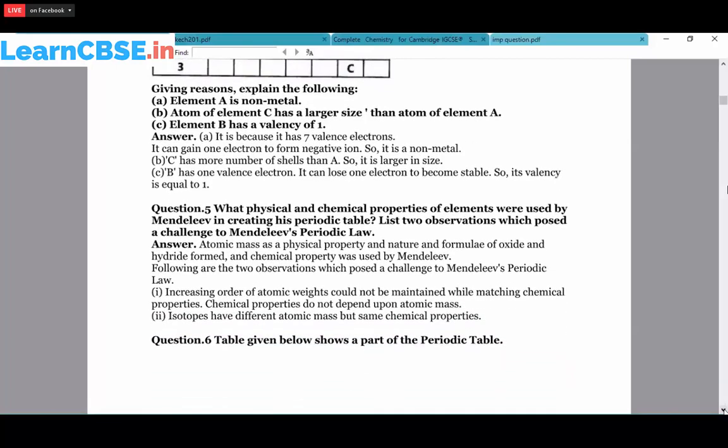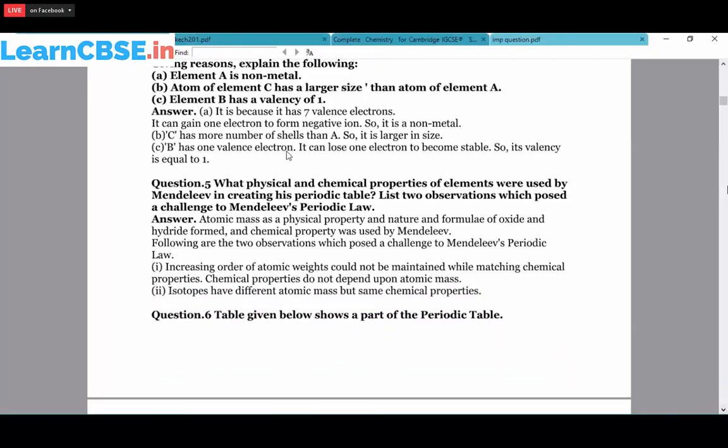Next question number 5. What physical and chemical properties of the elements were used by Mendeleev in creating his periodic table? List two observations which posed a challenge to Mendeleev's periodic law. Okay, so the atomic mass. What is the atomic mass? The atomic mass is nothing but the combination of the protons and the neutrons present in the element. So it is a physical property, and the nature and the formula of an oxide and the hydride formed, the chemical property, were used by